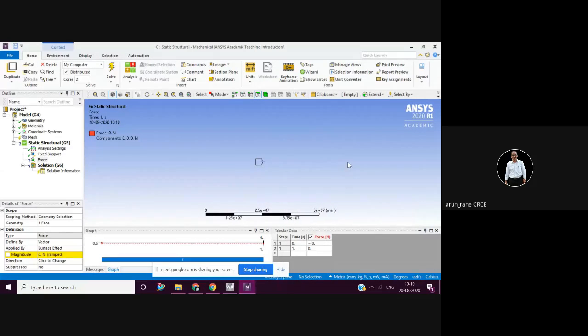Where is that model gone? Zoom, zoom, zoom. Just wait for a minute.